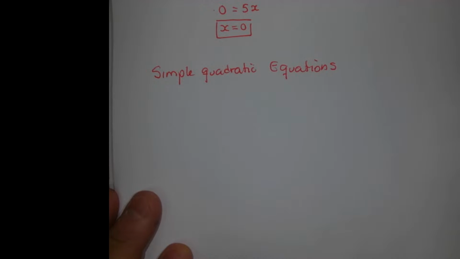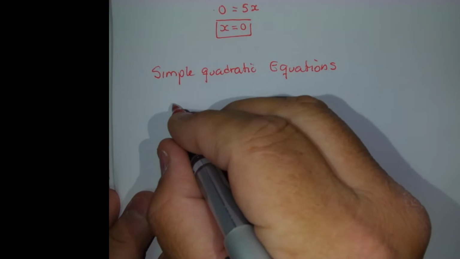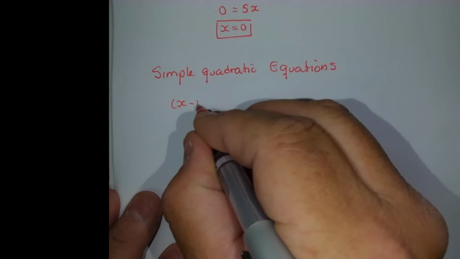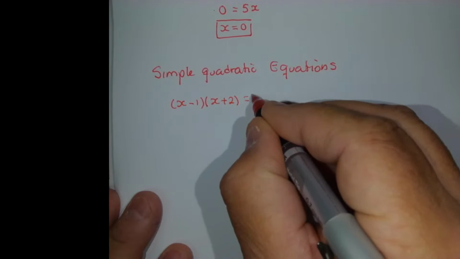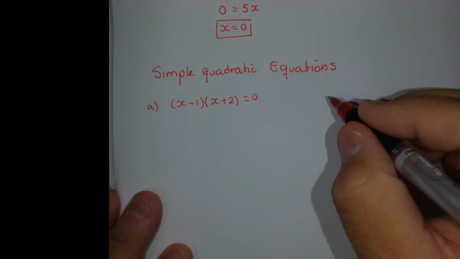So when my equation is written in the form of factors, let's say for example I'm wanting to solve the equation 2, let's say x minus 1 times x plus 2 equals 0. And then I'm going to try and solve the equation